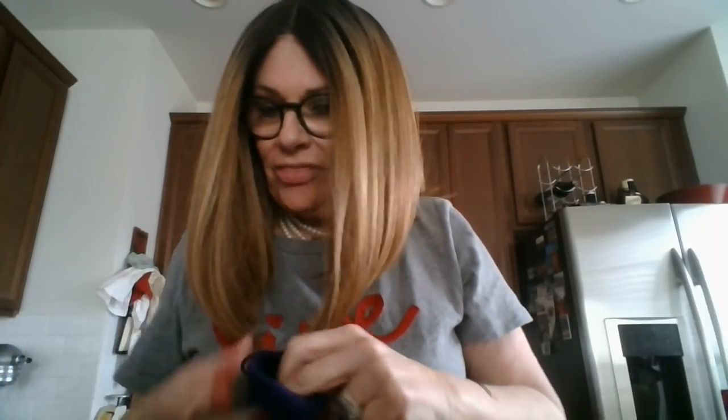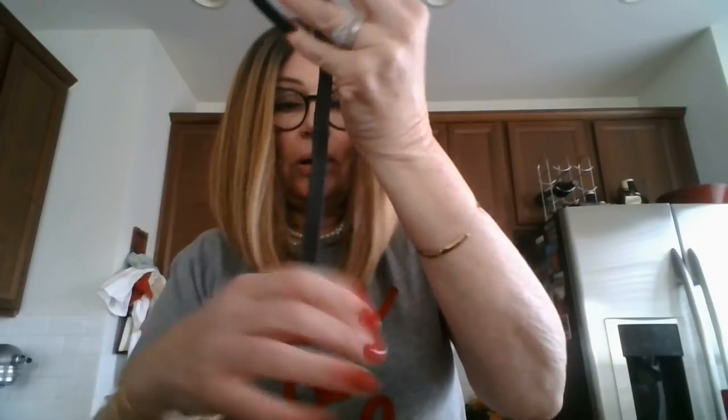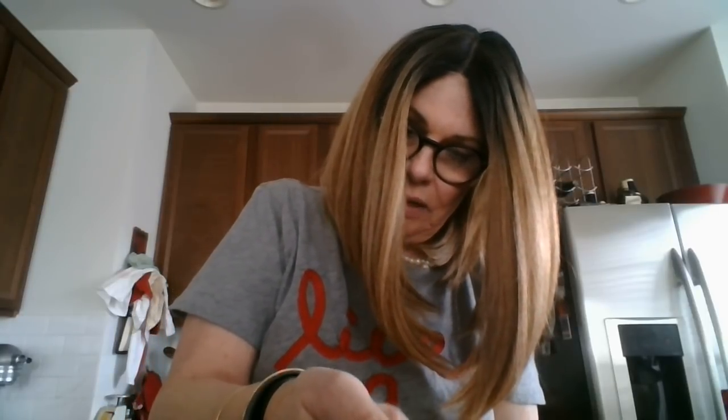And last of all, look at this package with the little bow. Oh my God, it's so adorable. I can't stand it. I ordered a bracelet. Came in this little pouch, which is adorable. And the bracelet is a wrap. It wraps around my wrist. I first saw the wrap bracelets at Hermes, and I can't afford an Hermes bracelet. So I was lucky enough that my husband gifted me with an Hermes scarf. But anyway,